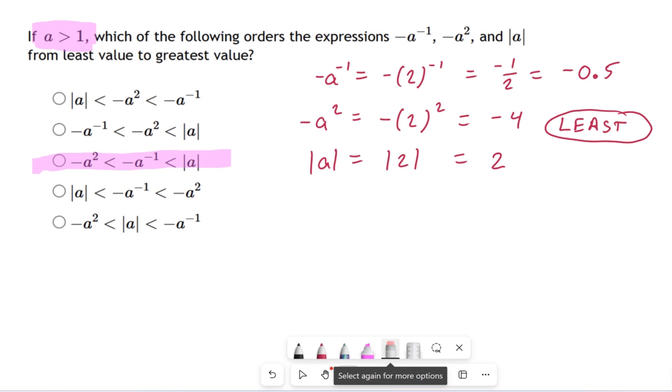So this technique may feel a little cheaty, like can we get away with it? Sure, as long as you pick a number that's greater than 1 and follows the rules that we started with at the beginning of this problem. Okay, as long as you obey that condition, you are just